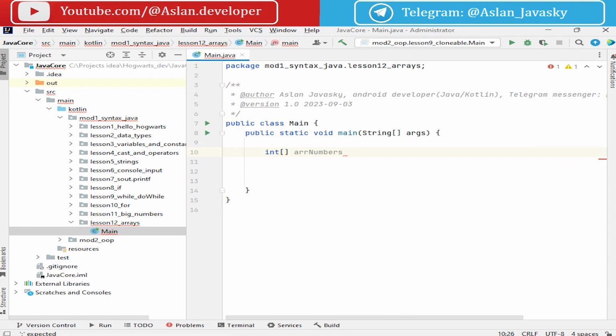And we can initialize some values in this array, in curly braces, or we can also invoke its constructor, new int, and write the count of elements. For example, we will have 6 elements of type int, and we can set them by specifying the name of the array, square brackets, and here